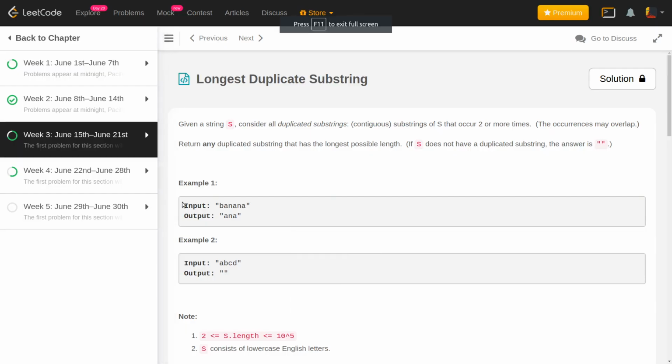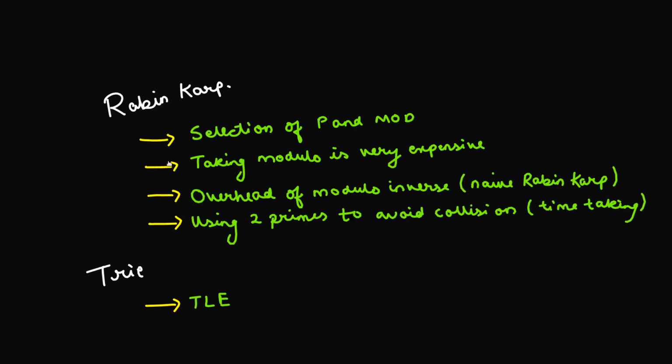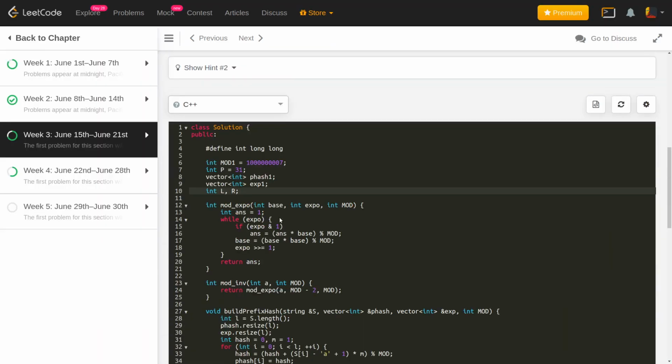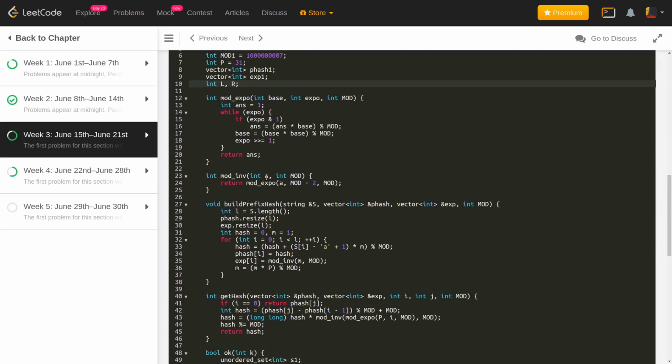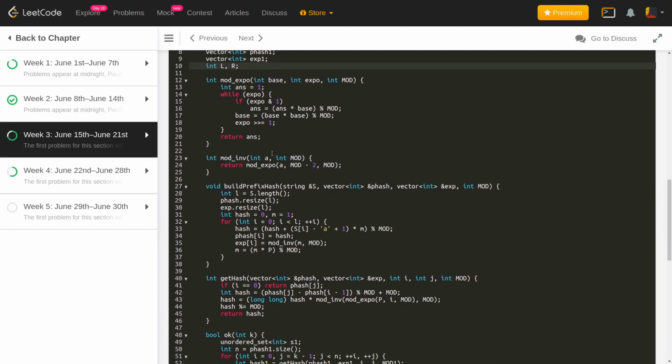What I'll be doing first is demonstrating 4 to 5 approaches that I have already done, which either give the wrong answer or exceed the time limit, based on all the limitations that we have seen here. The first approach is a naive Rabin-Karp algorithm that I have implemented. Don't worry, we'll actually implement the whole code once again. This is just the code that I've already written.